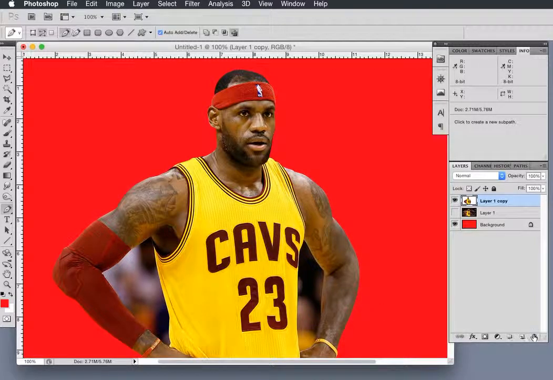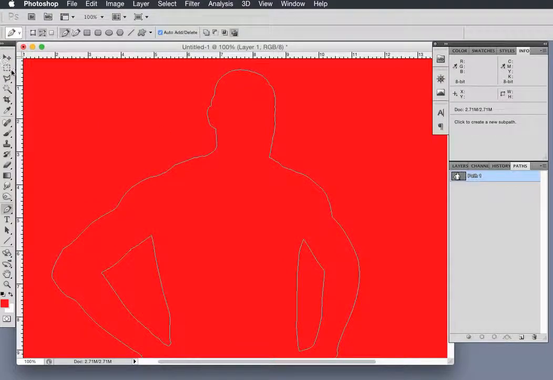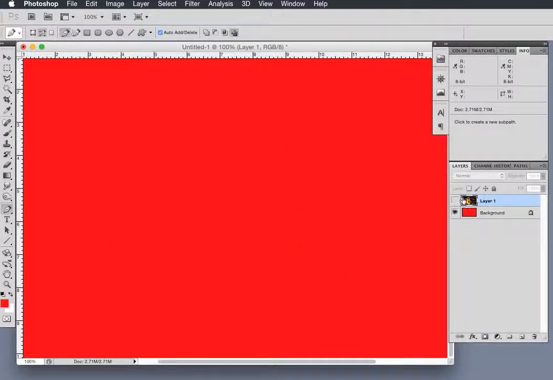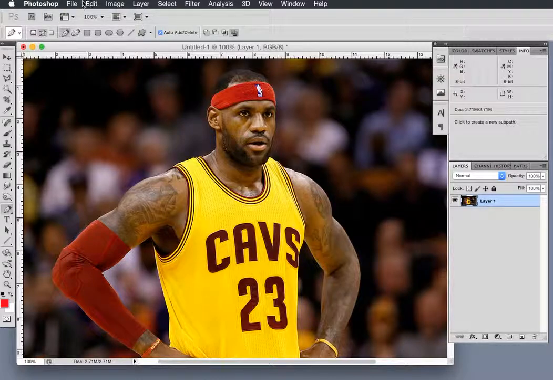So we're going to delete this layer. We're going to go back in, and we're going to select our path again, and we are going to choose the exclude option. So now we have our path, we have our image. I'm going to delete the background, and I will save that now as a